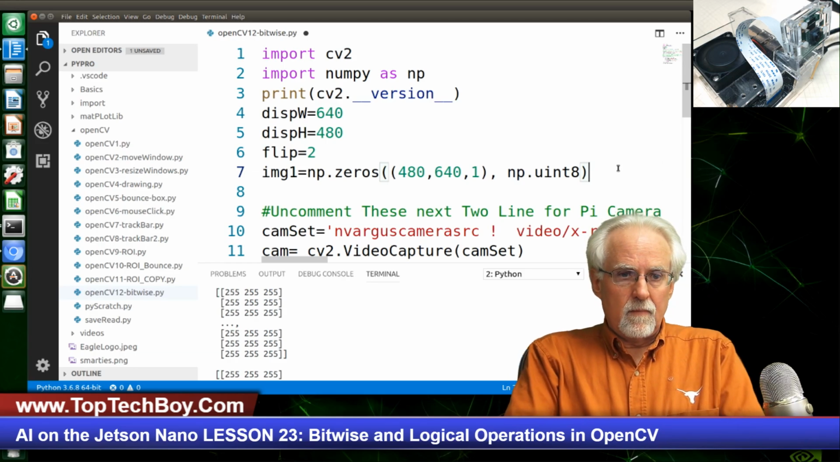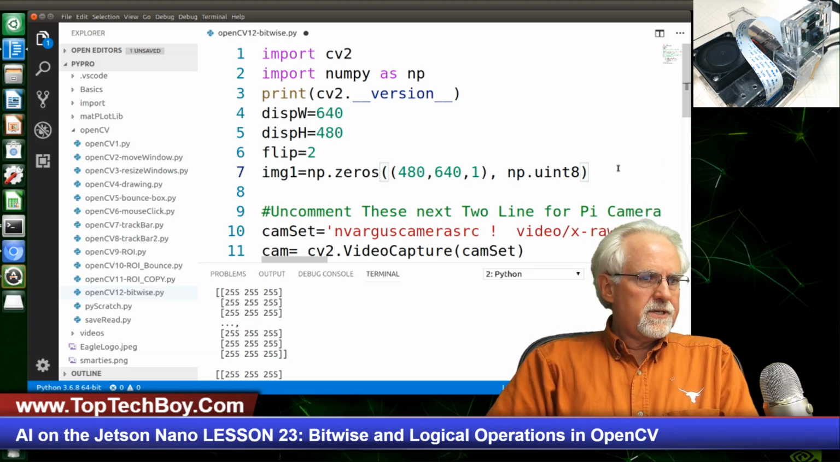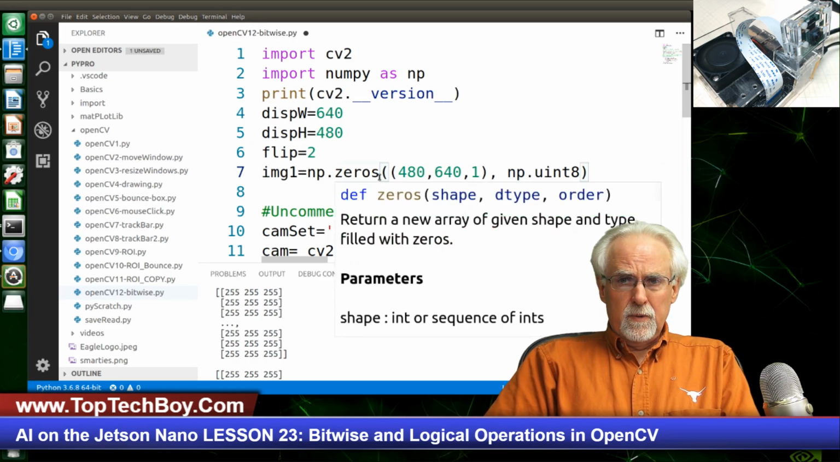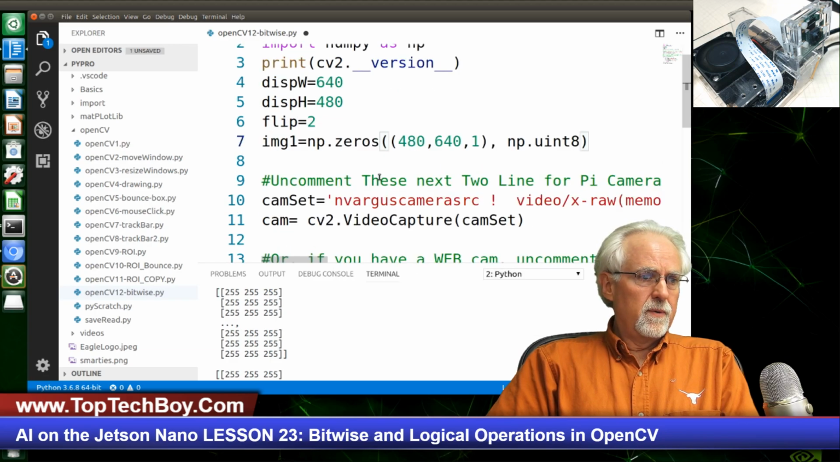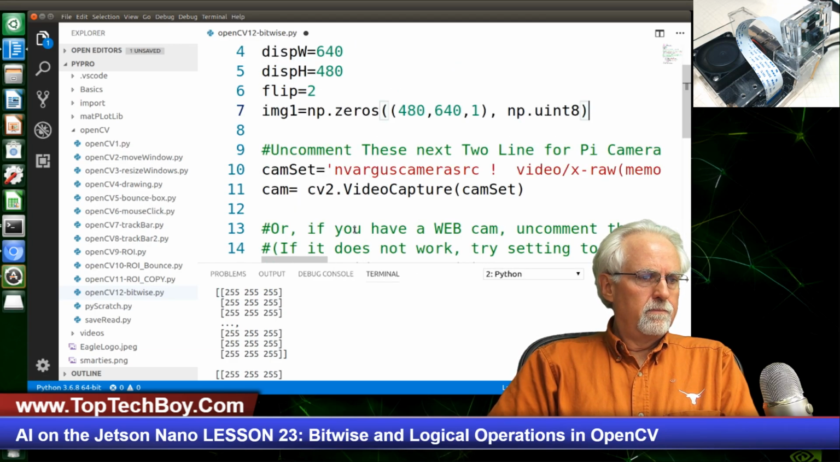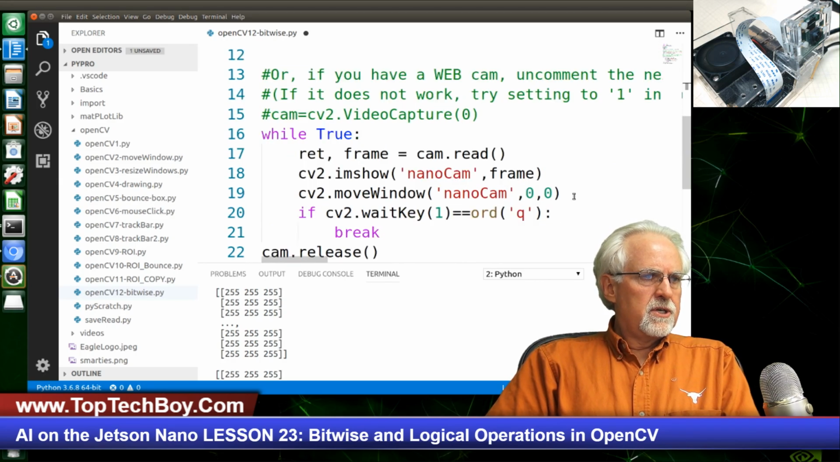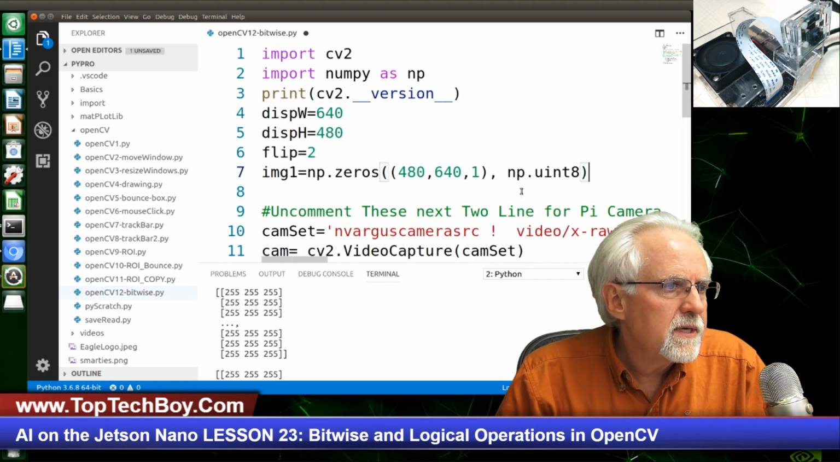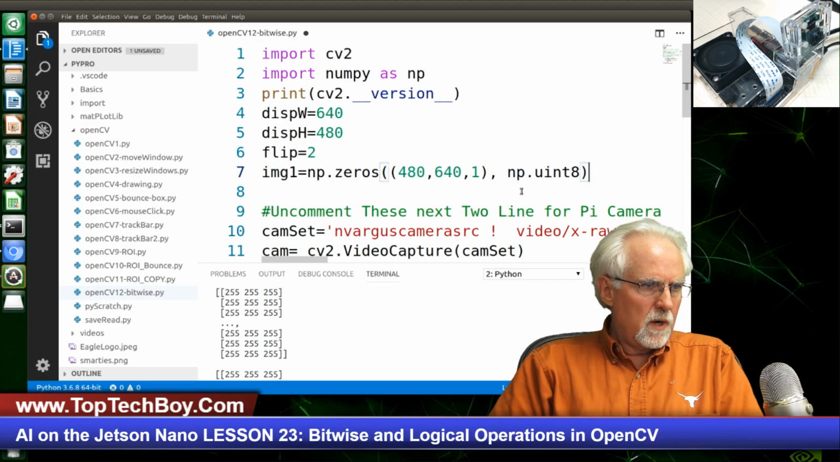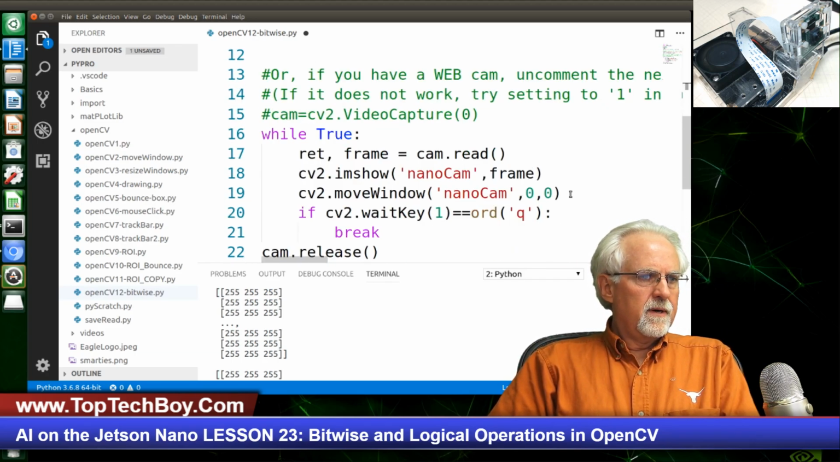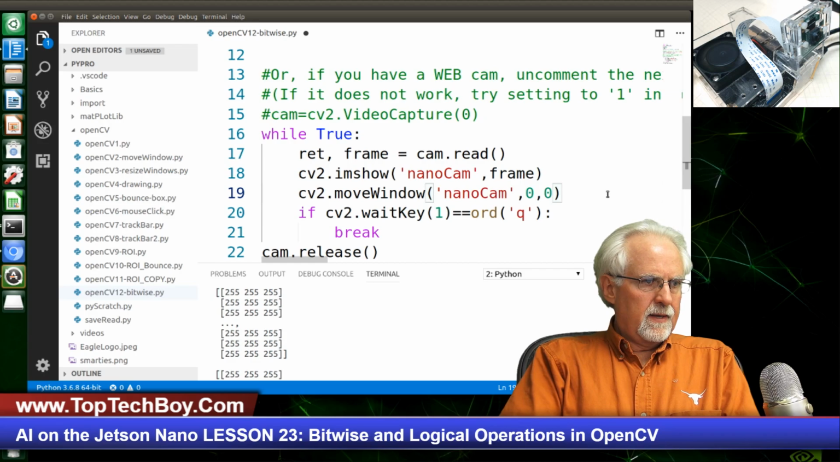Okay, now just for fun, let's display this. Since this is np.zeros, all the values should be 0. So this should be a blank window, all black. So let's come down here and show it. Let's see what we called this thing. We called it img1. So we'll come down here and we will do a